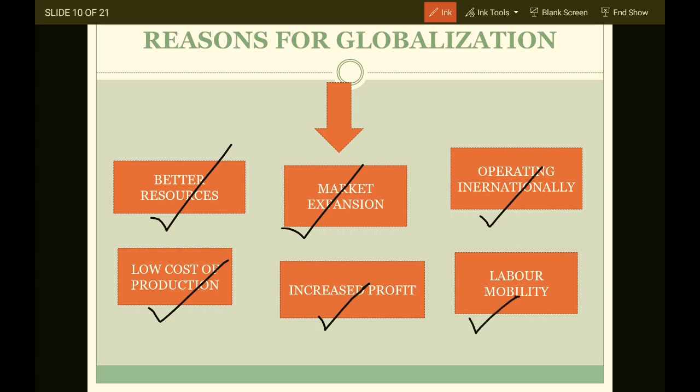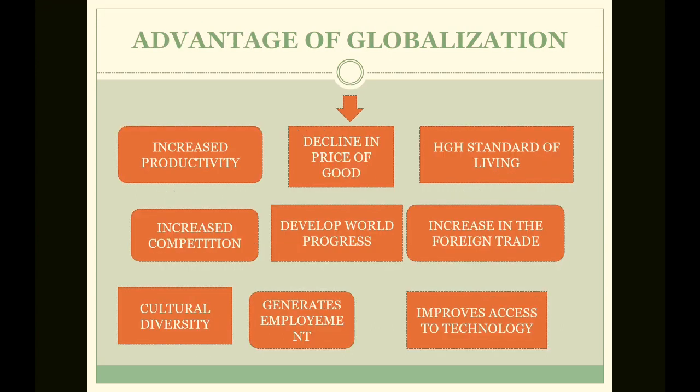Labor mobility. Labor can be mobile, it can be transferred from one place to another. That is also a very important point. Before 1991, before globalization emerged, there was a problem of labor. We could not import labor from foreign countries. Skilled labor could not be imported because of restrictions or trade barriers. But after that, more labor is being imported from China or African countries. They are more skilled, more hardworking, and they charge low salary and low wages as compared to Indian workers.